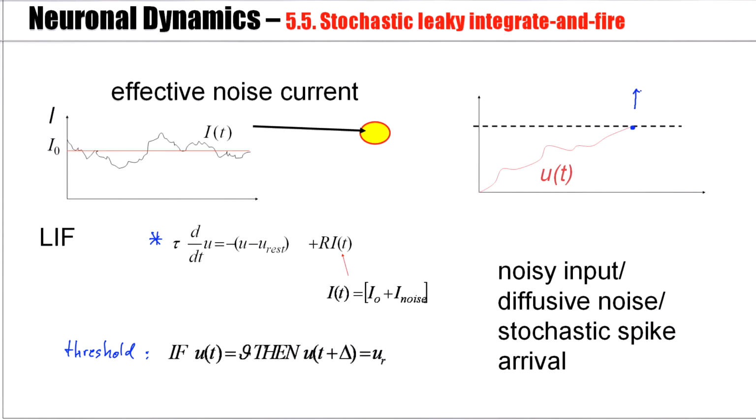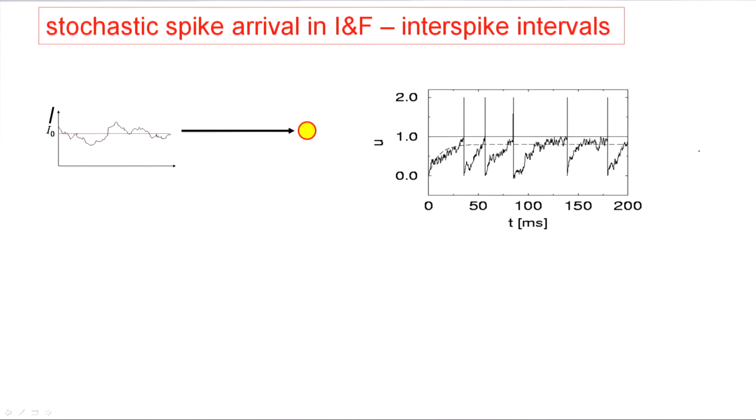The spike is a formal event. We take note of the spike, and then we reset the membrane potential to some reset value, and this value here would be UR. Now, the fluctuating input current continues, and so we would have another rise towards the threshold. So this is the simulation of this situation. It's a leaky integrate-and-fire model. If the membrane potential hits the threshold, we reset, in that case, to the equilibrium potential UR equals 0.